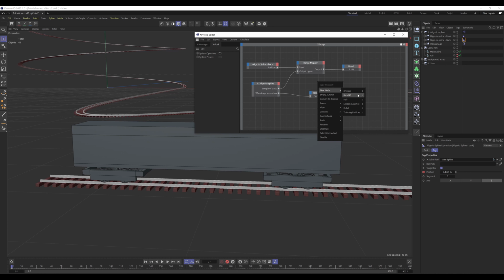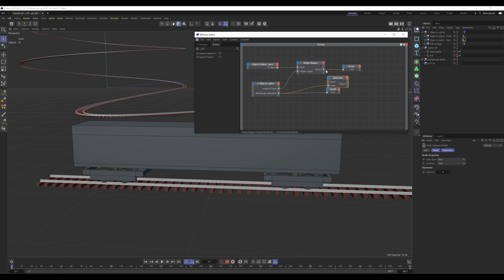So what we want to do now is get another calculator node. We're going to get a math node. We've got the wheel cage separation. So we want this position in centimeters, which we have now, add the wheel cage separation, which is 16.3. So we're going to say this current position, add 16.3, just move that out of the way. And then this is going to output into